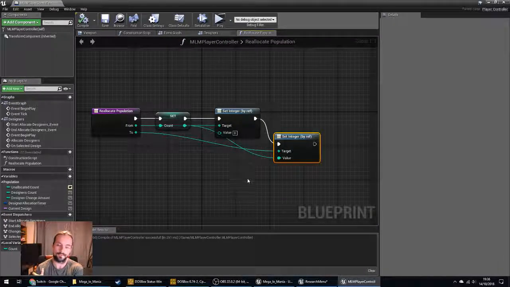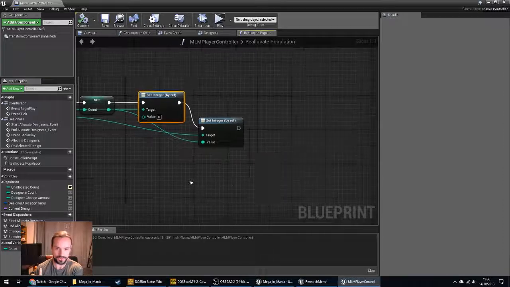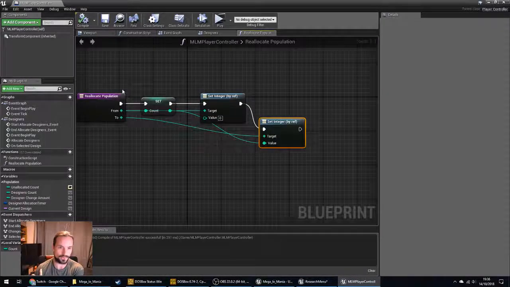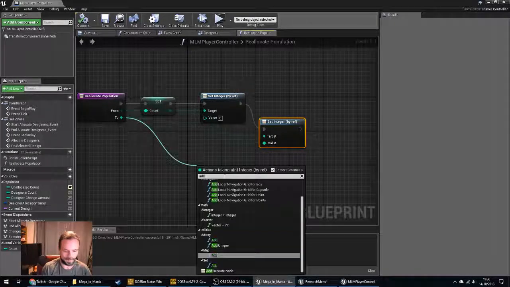Ah, yeah, of course. We set the from to 0, which is fine. We want to take all of the from and put them on the 2, but we don't want to set the 2 to it. So when we first call this function where design is a 0, we set the design as the 0. What we actually want to do is